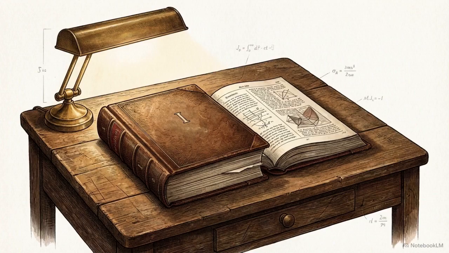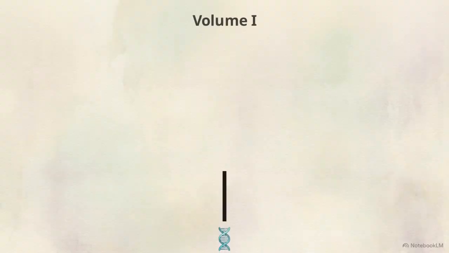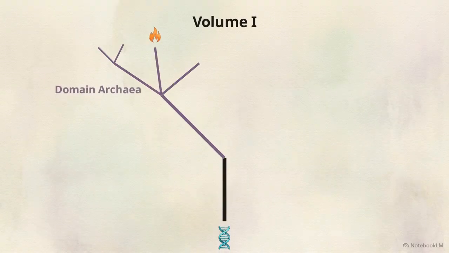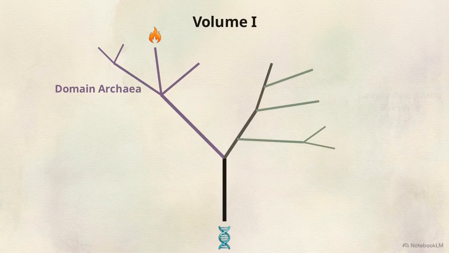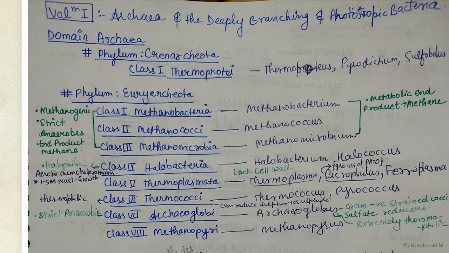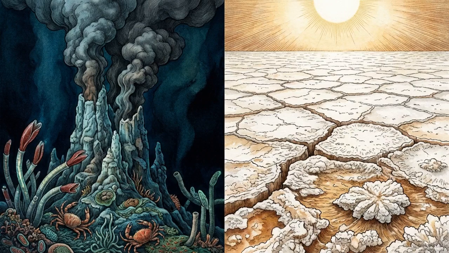Volume 1 serves as the repository for the deepest phylogenetic branches. This includes the entire domain Archaea, alongside the most ancient, deeply branching lineages of domain bacteria. Looking at this top section of the framework, domain Archaea is primarily divided into two main phyla, the Crenarchaeota and the Euryarchaeota. Classification within the Euryarchaeota relies heavily on an organism's adaptations to extreme environments and their specific metabolic outputs,